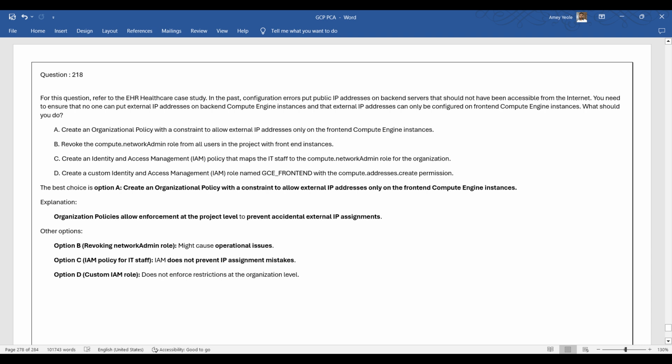What should you do? A. Create an organizational policy with a constraint to allow external IP addresses only on the front-end compute engine instances. B. Revoke the compute.networkadmin role from all users in the project with front-end instances. C. Create an identity and access management (IAM) policy that maps the IT staff to the compute.networkadmin role for the organization. D. Create a custom identity and access management (IAM) role named GC_frontend with the